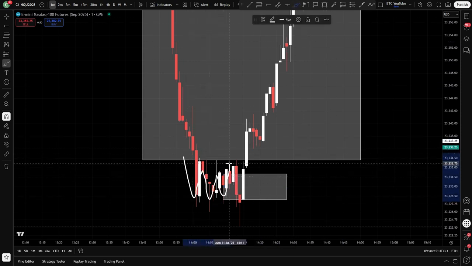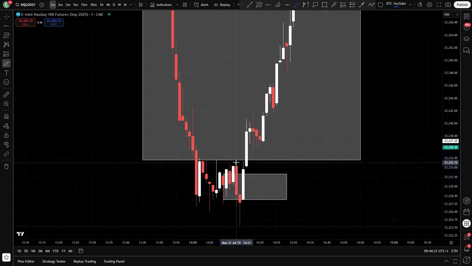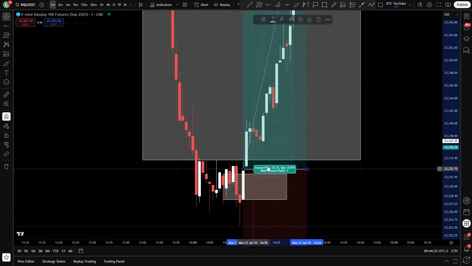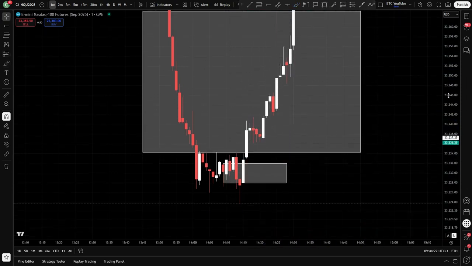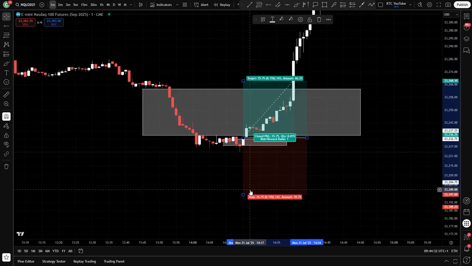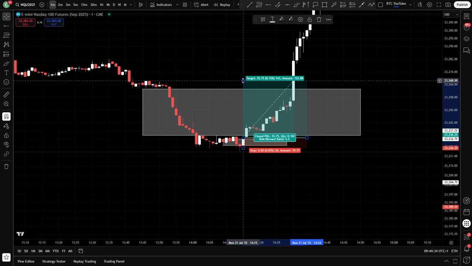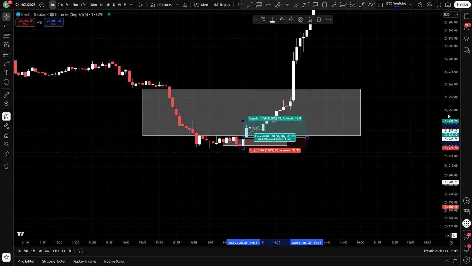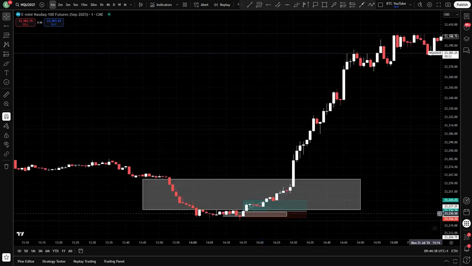And when I saw this accumulation, manipulation, and then the momentum back up, I think I entered down here like this. But I sadly only took a really small position. I think I took quite literally 1 or 2 micros at this low here. And as you can see, this would have worked out pretty much instantly. But I was looking to target